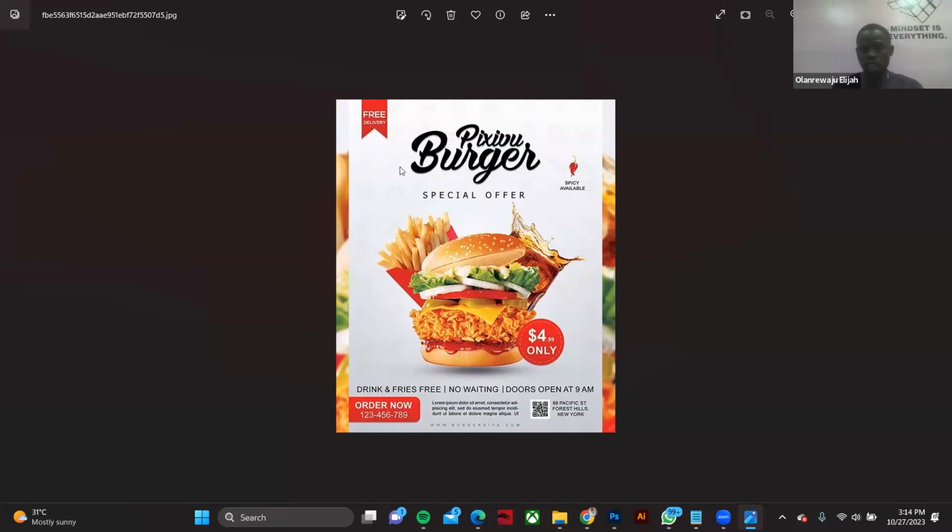I will show you a technique you can use to know the font that is used in a particular design. Probably you love the font and you also want to replicate it in your own design. I'm going to show you how to get it, right? Then we are going to download these images too. In fact, let's see if we can download this image now before we conclude for today, so that next time we come, we are just designing.